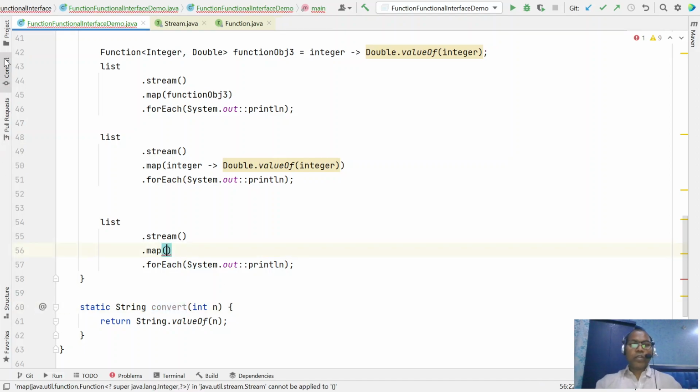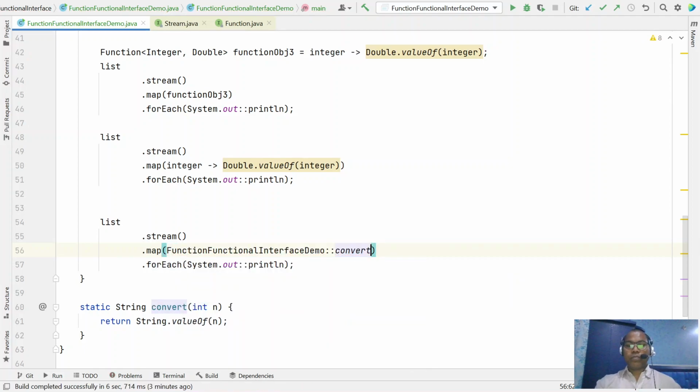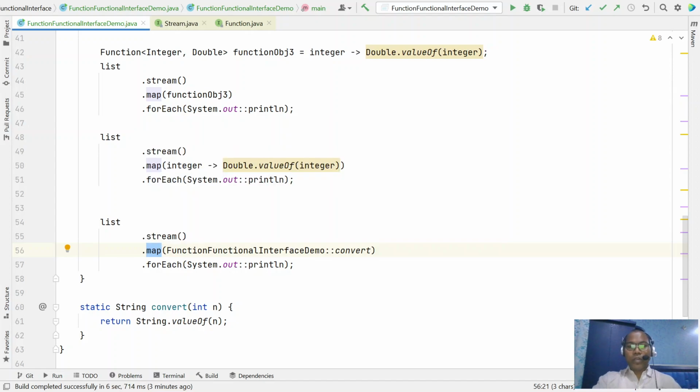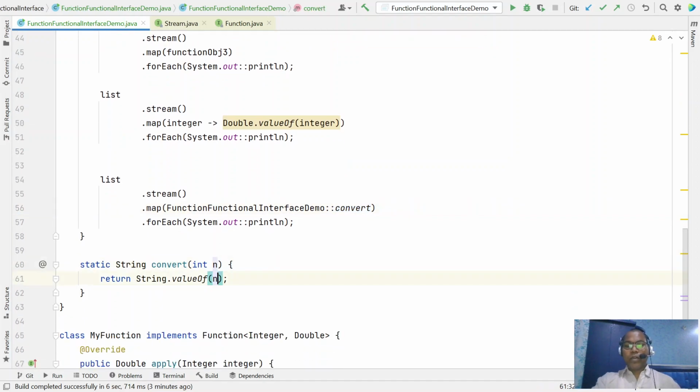The convert function is defined in this class. So the map function is expecting the definition of a single abstract method that will take one input argument and return one output. So here I can pass my convert method that will take one input and return one output.